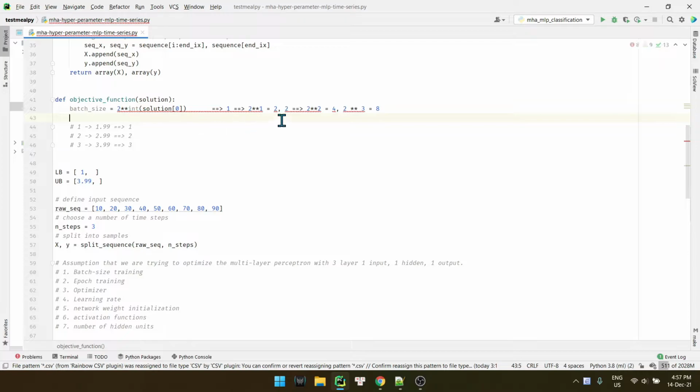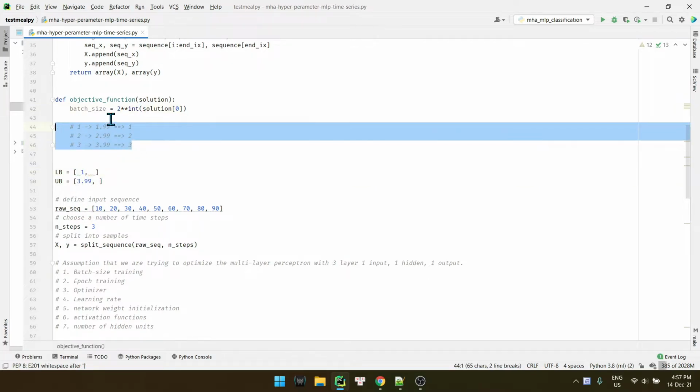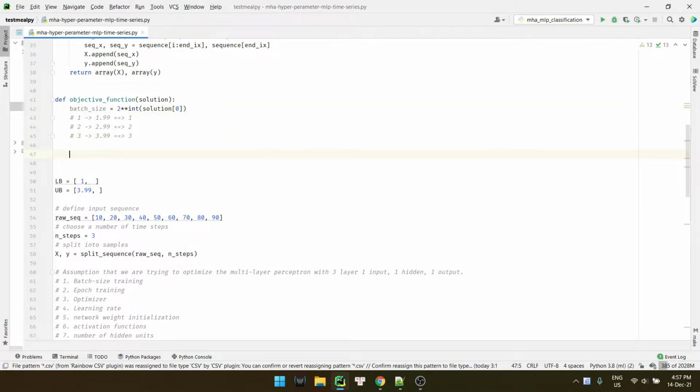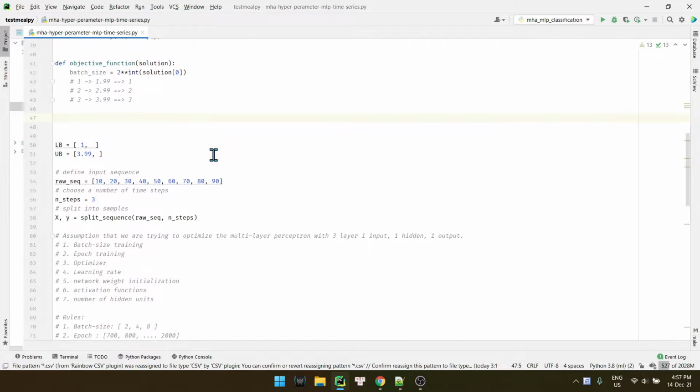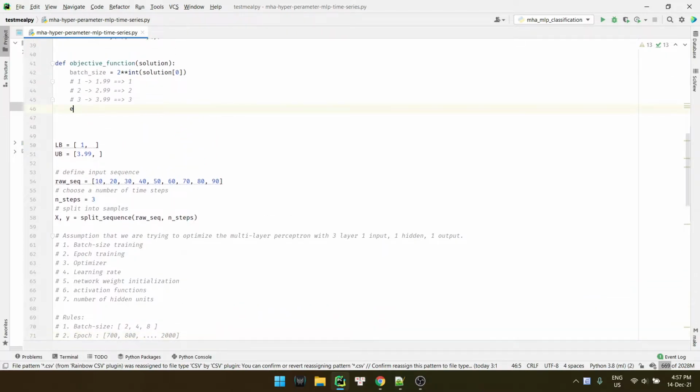All right, so now you know how we design the value for the first dimension, the batch size dimension. Let's go to the next one. For the epoch we do it the same, and epoch should be 100 minus solution 1.